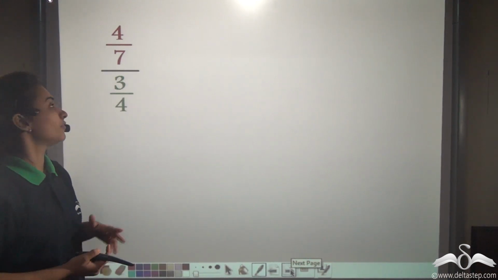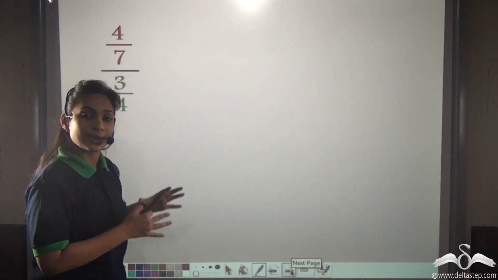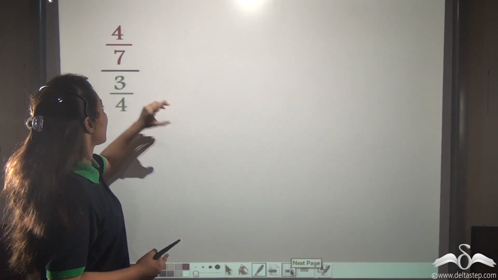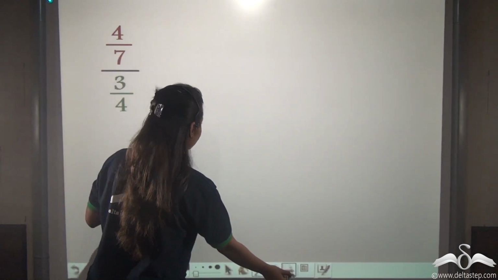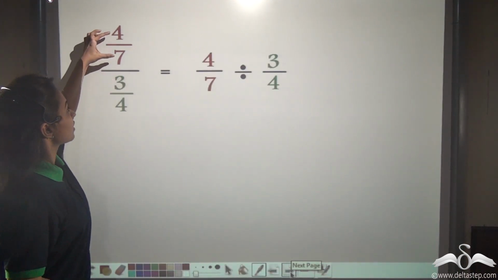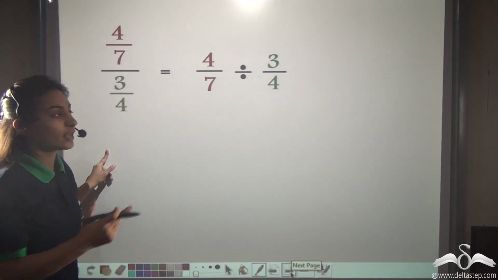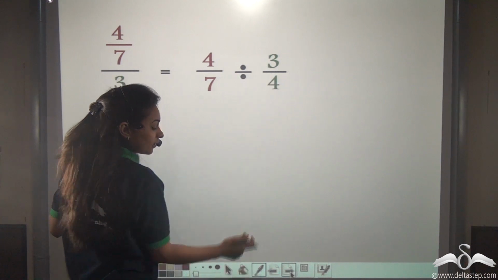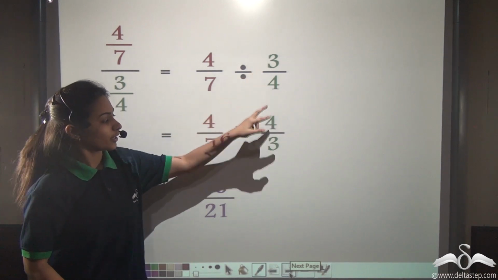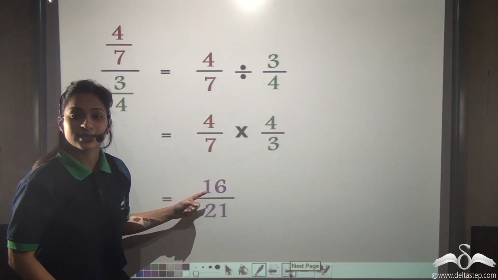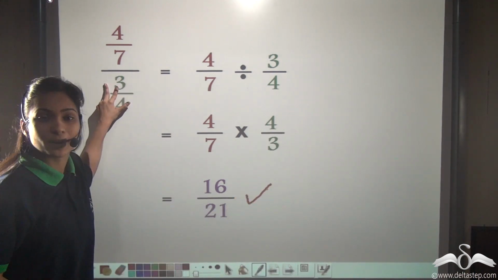Now we have one more example where we have both the numerator and denominator as fractions. So we will follow the same process. So can you tell me what will be the simple fraction for this complex fraction? Do it yourself. Well, we can write this as 4 by 7 divided by the fraction 3 by 4. Now again, convert this into multiplication and reciprocate it. What do you get? 4 by 7 into reciprocating it 4 by 3. So this gives us 16 by 21. So 16 by 21 is the simple fraction for this complex fraction.